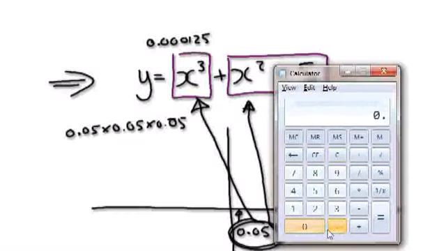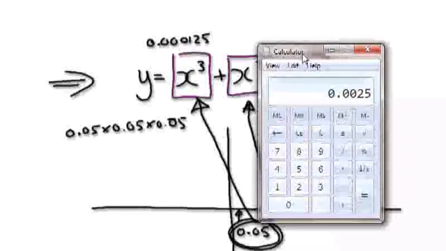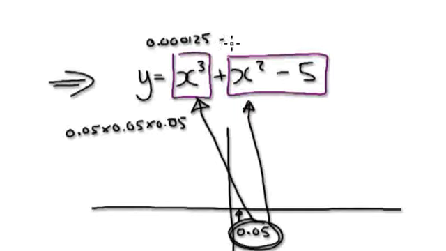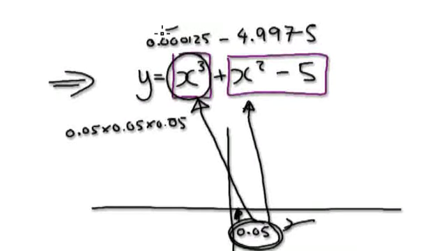So we've got 0.05 times by itself once. So this here becomes that, and then we've got to take away 5. So take away 5 equals minus 4.9975. So my point is that when x is small, around this region somewhere, this term here is this,